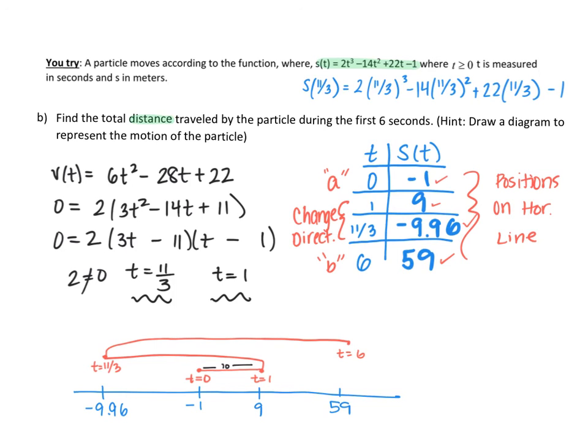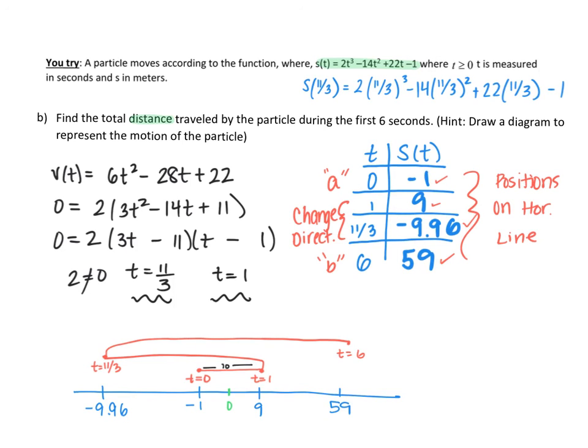And then how about from positive 9 to negative 9.96? Well, I know that if 0 were here, maybe I'll even put 0 there, that'll help you add it. So if this is 0, from 0 to 9 is 9 spaces. And then from 0 to negative 9.96 is another 9.96 spaces. So I just have to add this and this together, which would give me